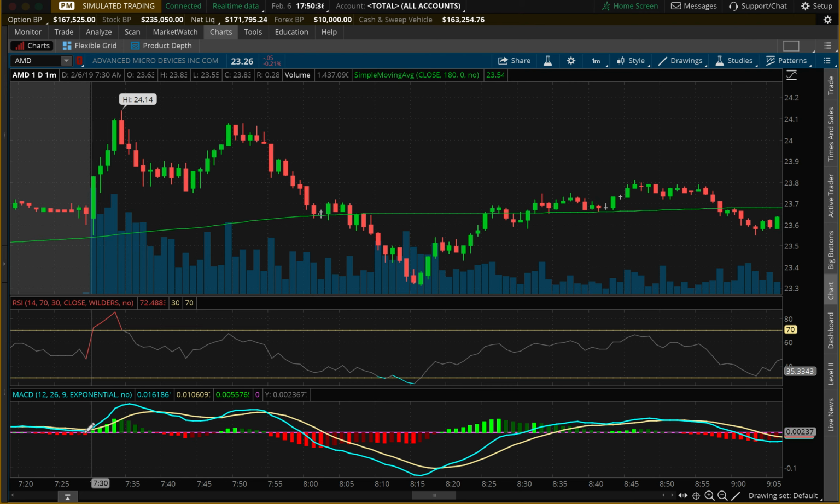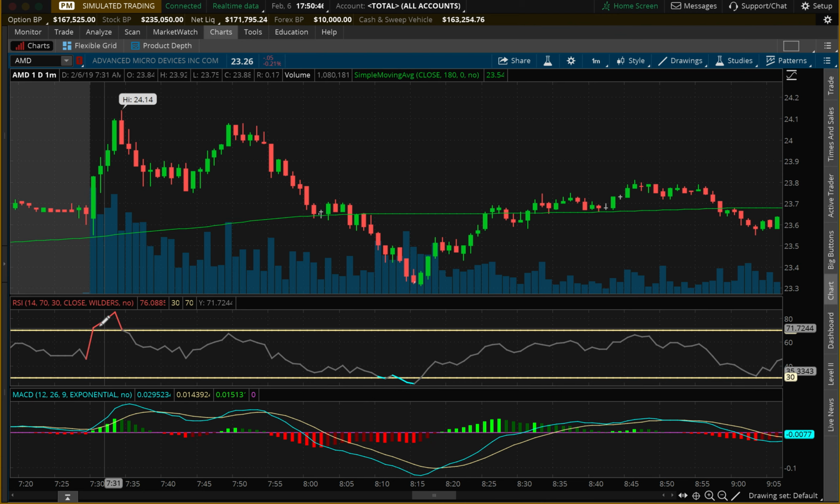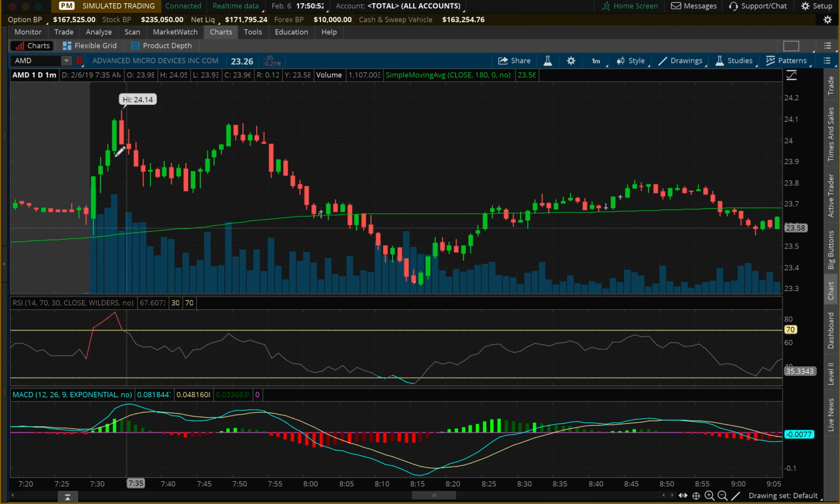And you can see that through the crossover right here in the MACD and the RSI making its way up. You can see the MACD starts to peak and sell off, just like the RSI. It peaks right here. You can see it's all happening within this time frame right here. These two candles right here give a lot of information that I think the AMD is going to sell off a lot. And you can see it sells off, the RSI starts to decrease, the MACD decreases,